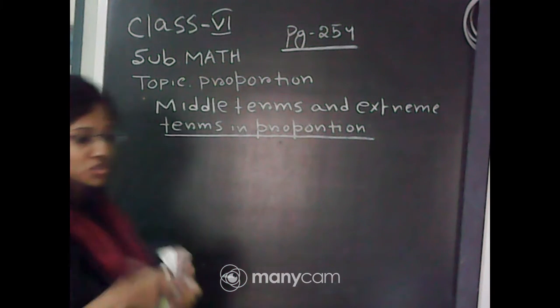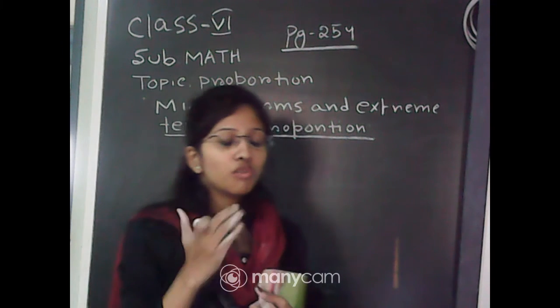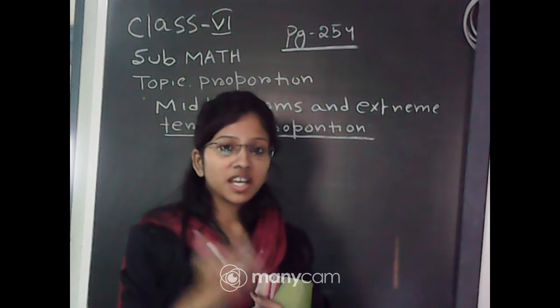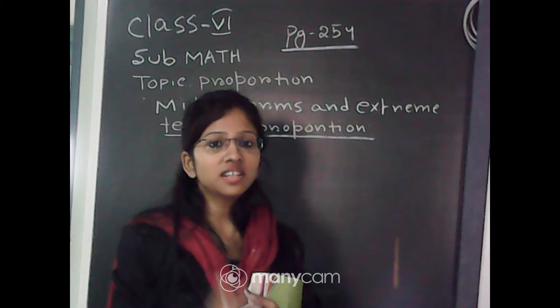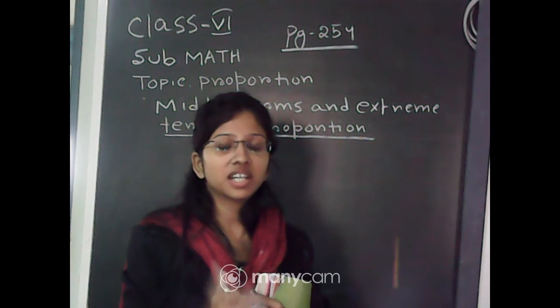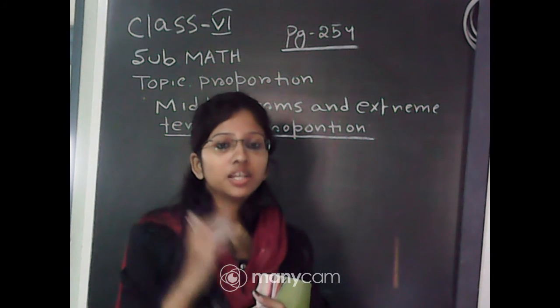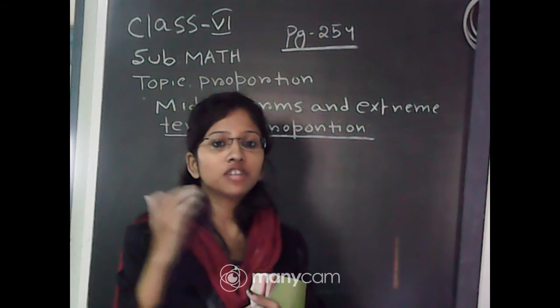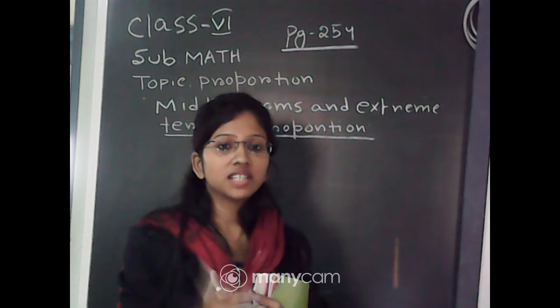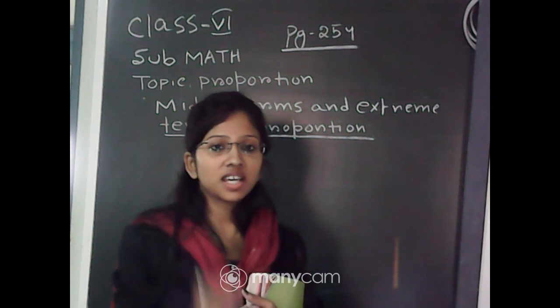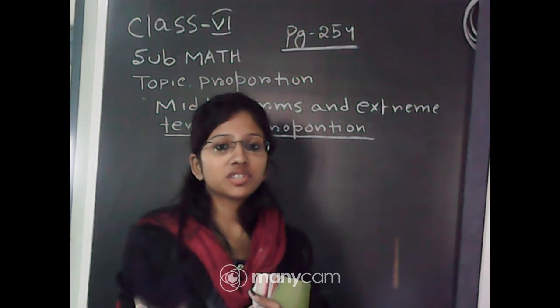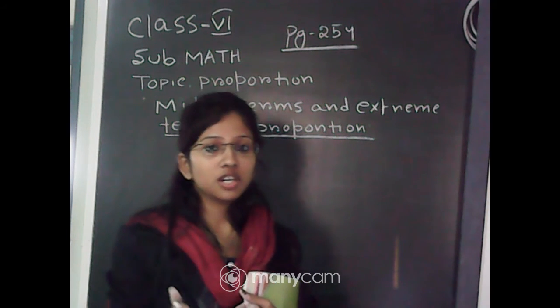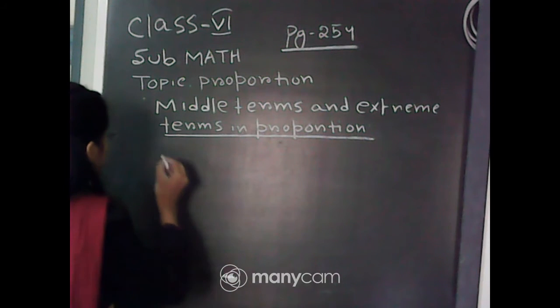In a proportion, the first and fourth terms are taken as extreme terms and the second and third terms are taken as middle terms. Okay. For example,